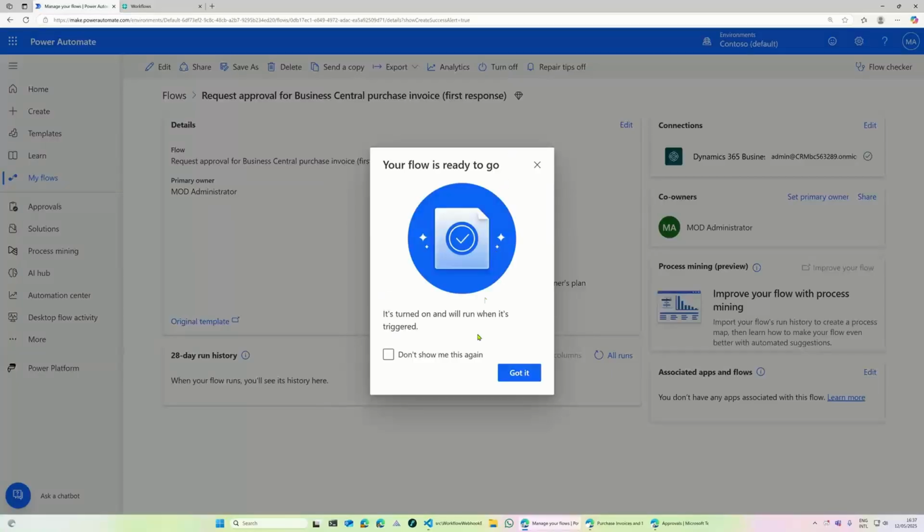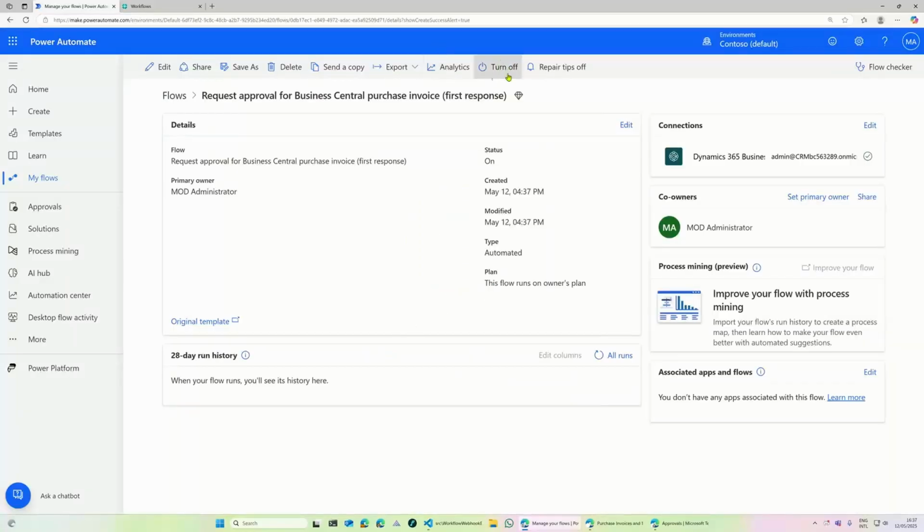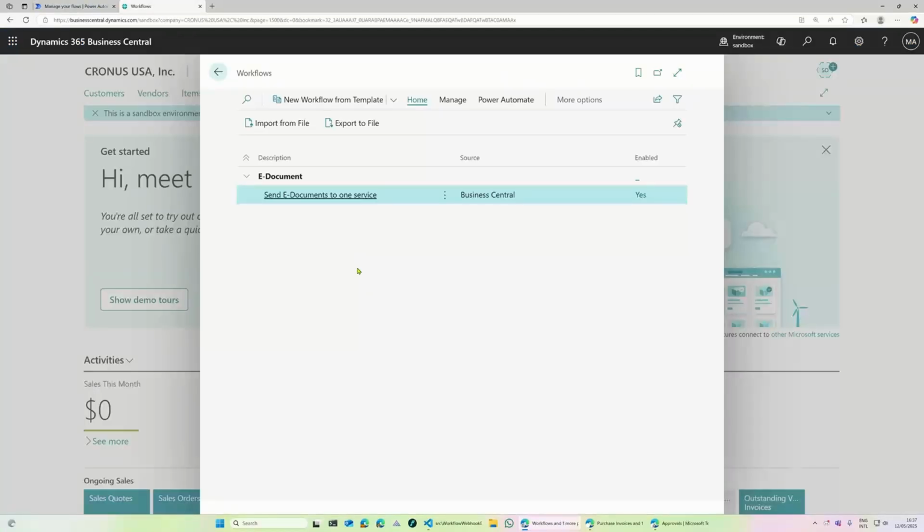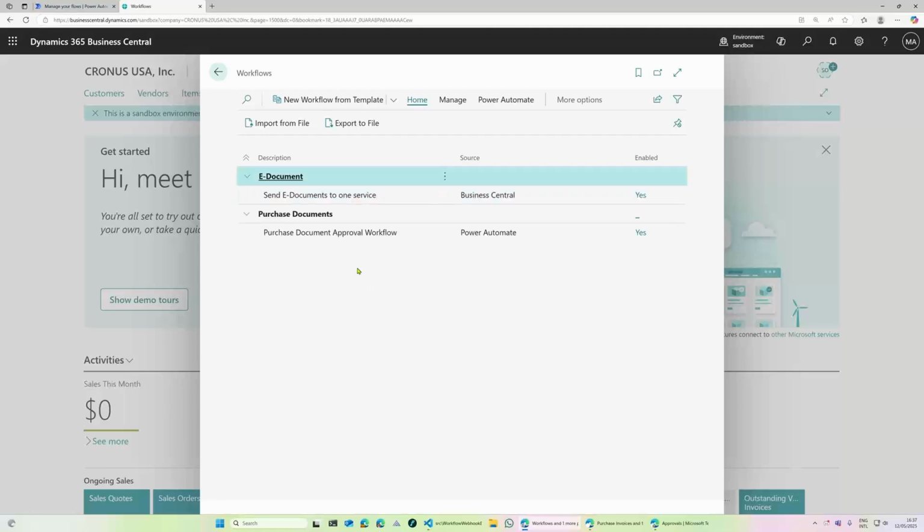I can tell because I had a pop-up, but also here it says turn off, meaning it's currently turned on. And I can see the status here as well. So when I go back to Business Central here, then I have a purchase document approval workflow created.